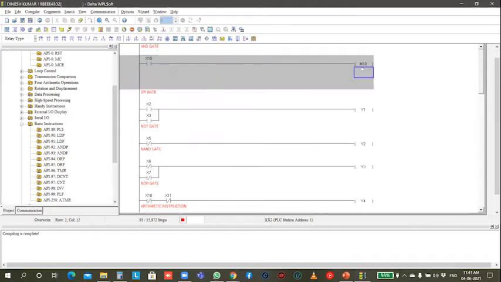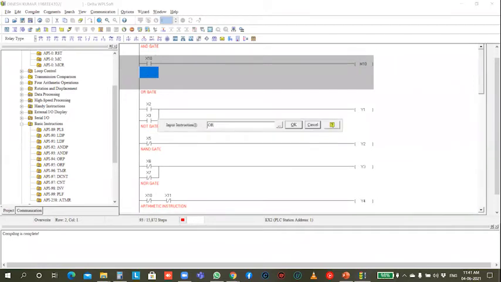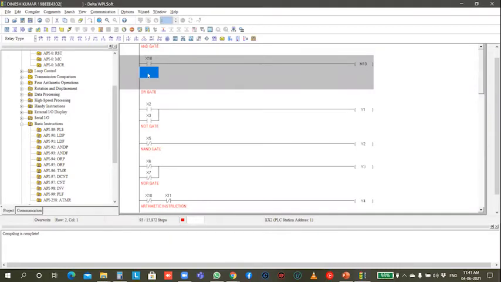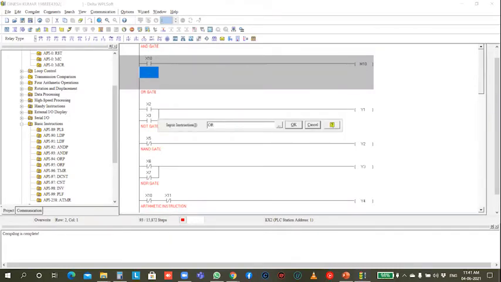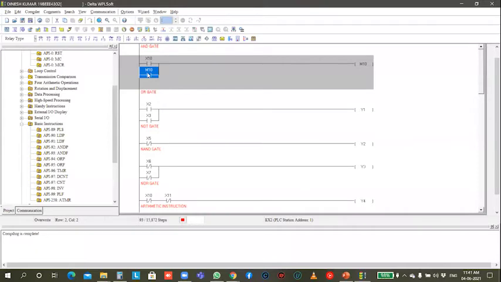I have to latch this. What is latching? Whether the input is in on condition or off condition, the output will automatically stay on once the input is on. So I'm going to use the output as an input. For that, we have to use the instruction OR M10. That means the second line of inputs is automatically connected to the first one.